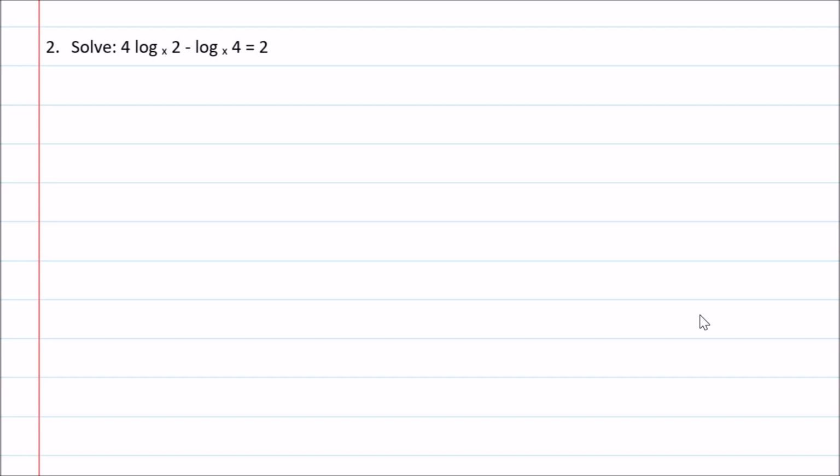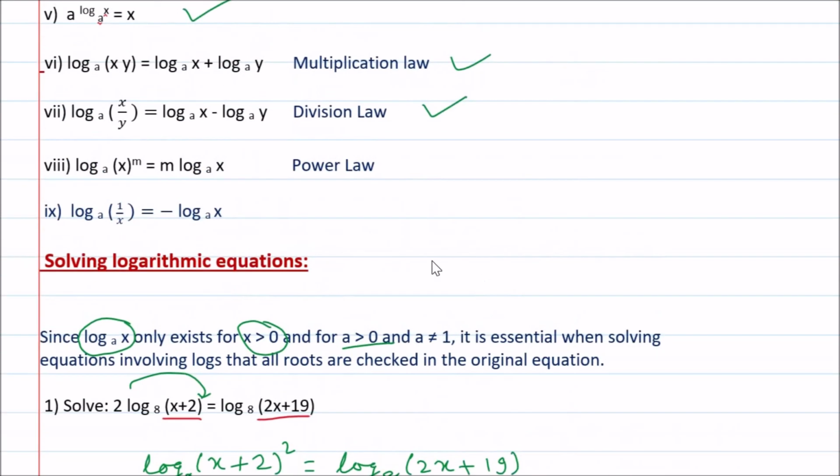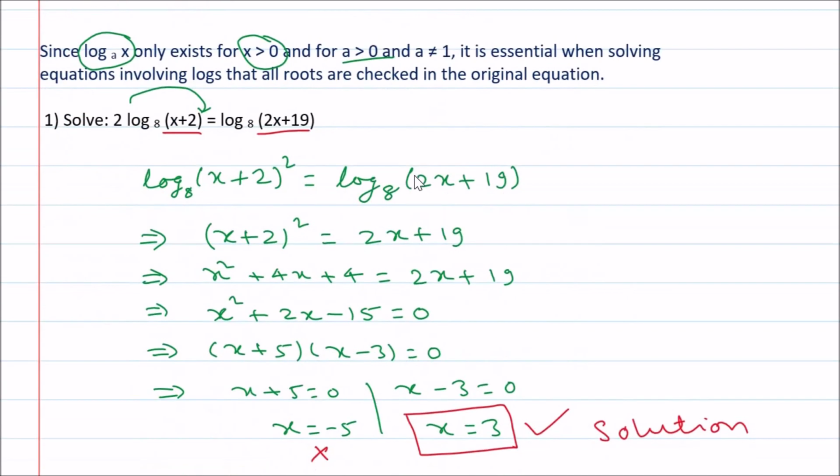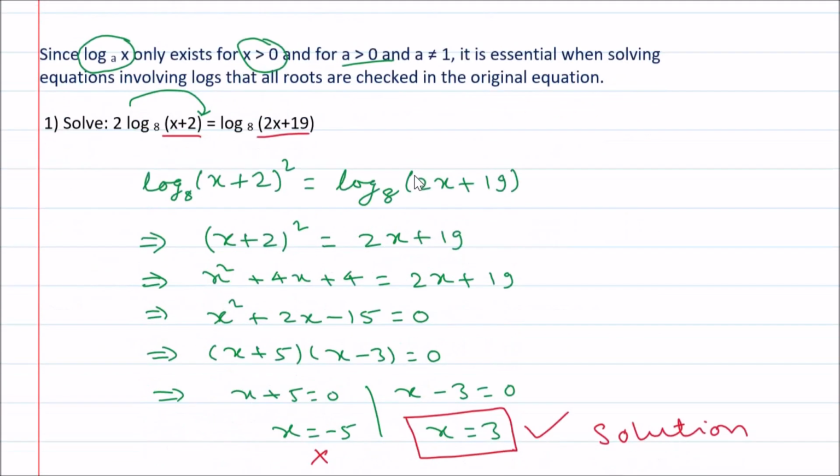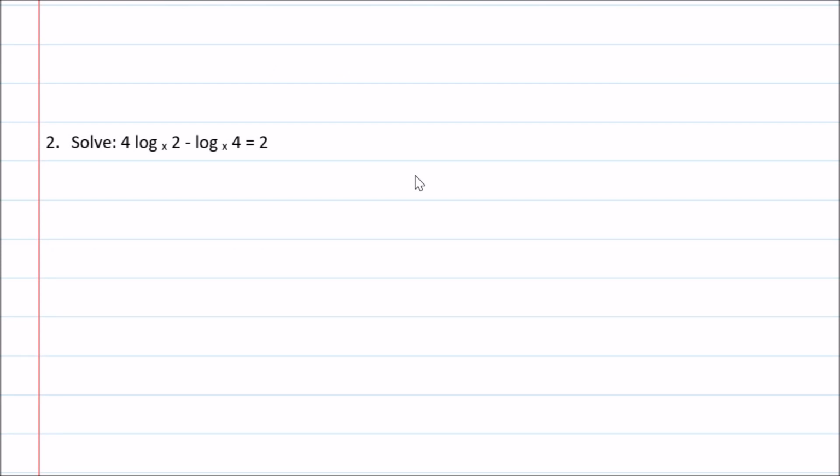Solve 4 log 2 base x minus log 4 base x equal to 2. Okay. Now here there are two terms with log on one side and there is a subtraction sign. If you see the rules, where is the subtraction involved in log? Division law. Check this one. So how can we write this using this law? Look at this. We can write,